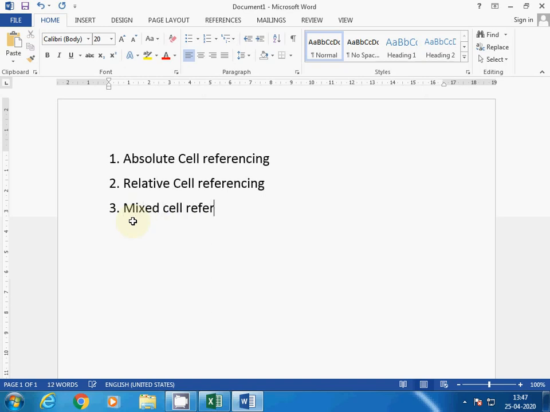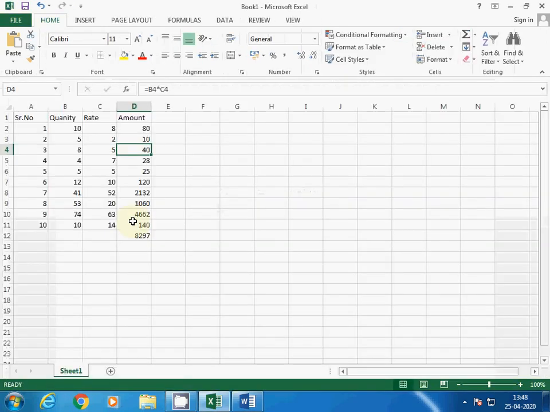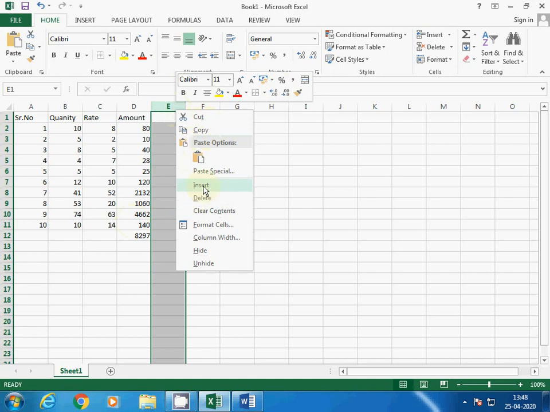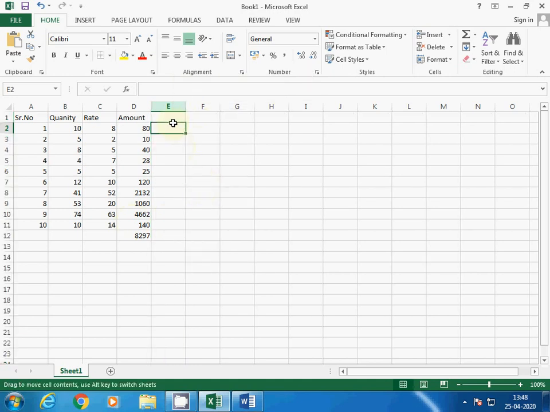And third one is mixed cell referencing. So these three types of cell references you can use. To use such type of references, you have to write a $ sign before the value. Suppose I want to give discount.